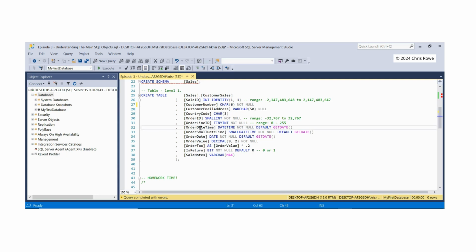Order date time is next, and we're going to look at the date time, which is pretty much you're looking at the date followed by the time to a degree in milliseconds. I'm going to call that not null, and we're going to use a new function, new in this case, but a very well used function called default, and we're going to use getDate as well. All getDate does, and make sure you include the open and close round brackets at the end, all getDate does is it takes your machine's date and time